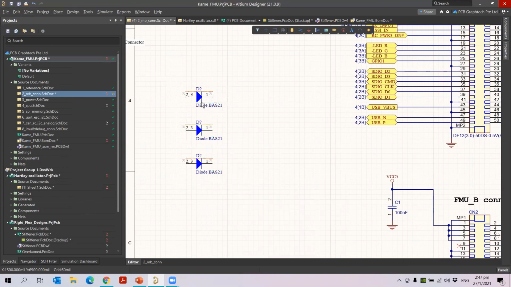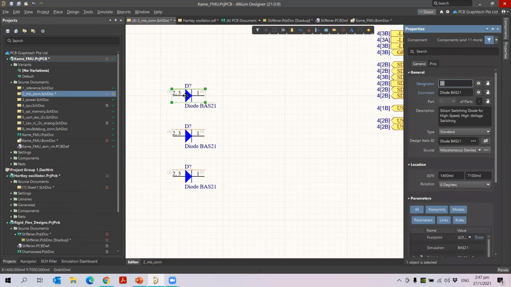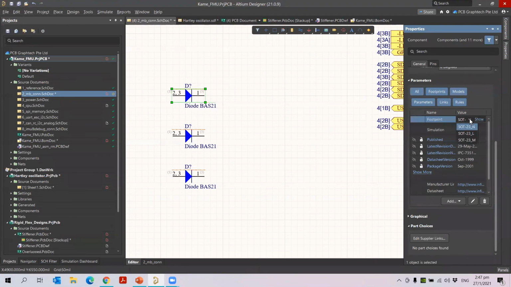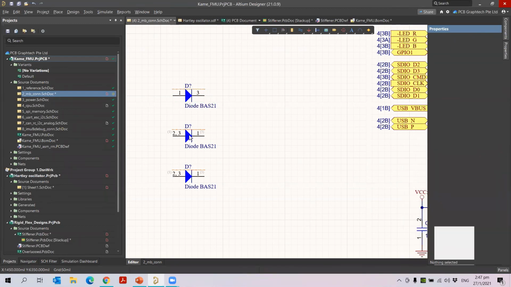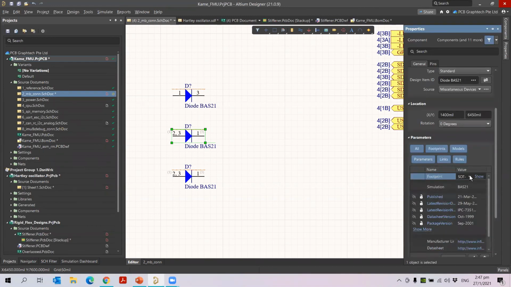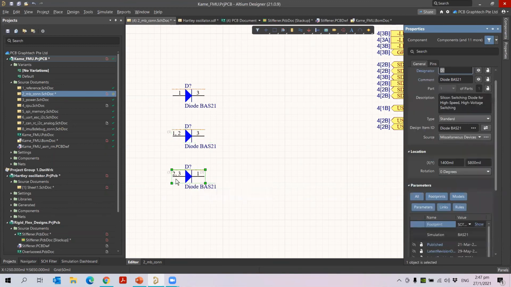Once aligned, when I double click on the component and go to the properties panel, you will see the footprints here. It has three different footprints. If I want to change the footprints, I can choose the footprint here. When I click to change, the pin mapping changes automatically. Again, if I choose the second one, same way, go to the properties panel and choose some other footprint. It will change with the mapping. You can see the mapping here. Pins 1 and 2 are mapped to pin 1, and the third pin is on the output side. Same I do for the last one. It is already 2, 3, comma, and the output is pin 1.